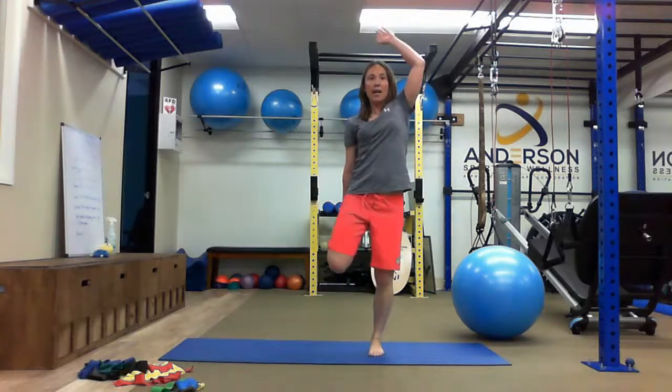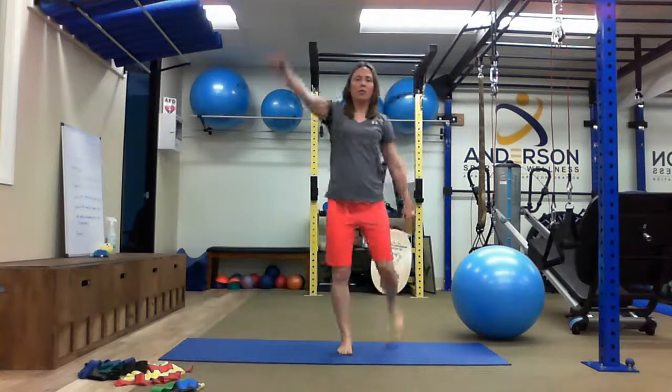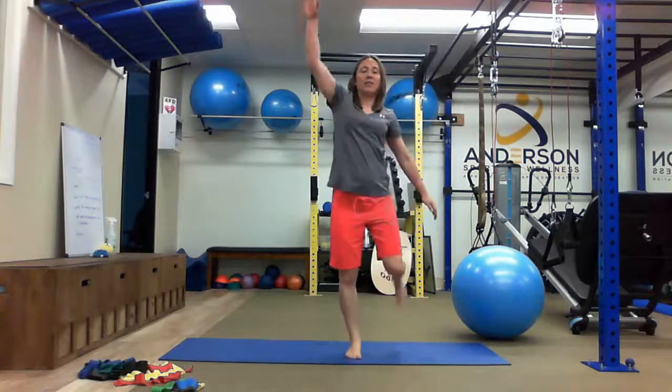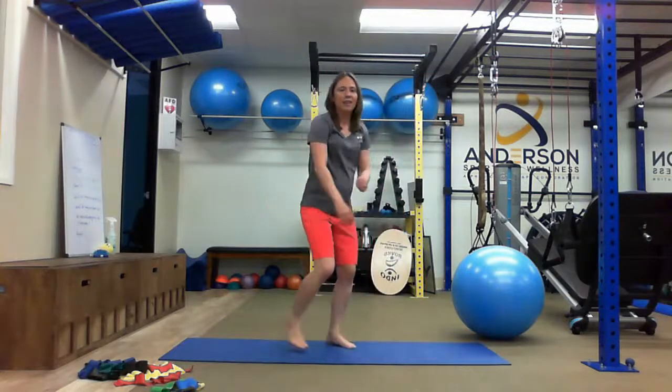Okay, reaching up overhead. Feel that stretch from one hip to the opposite shoulder. I really love this one. If you reach and really stretch, you can feel it all the way across your body. All right, next,